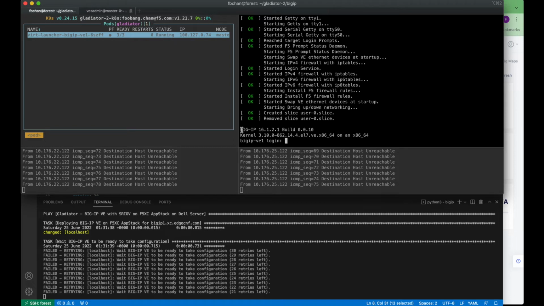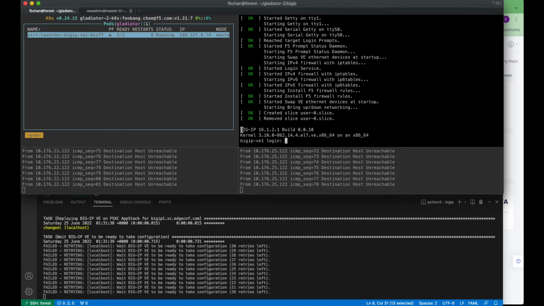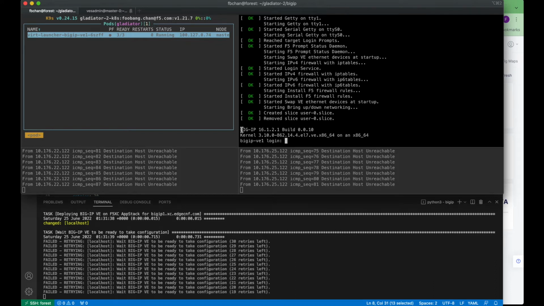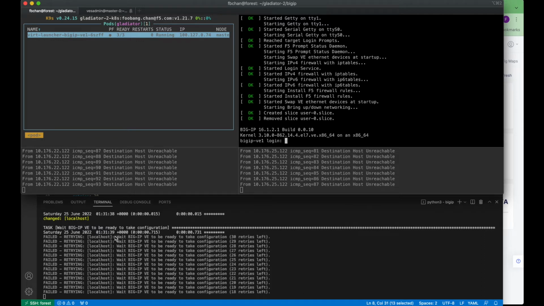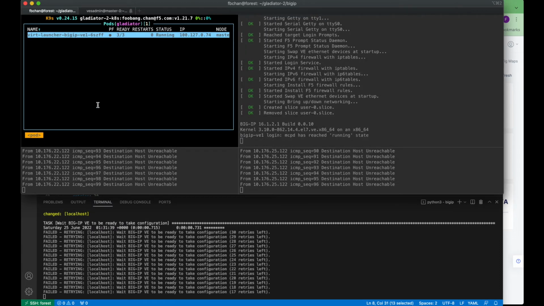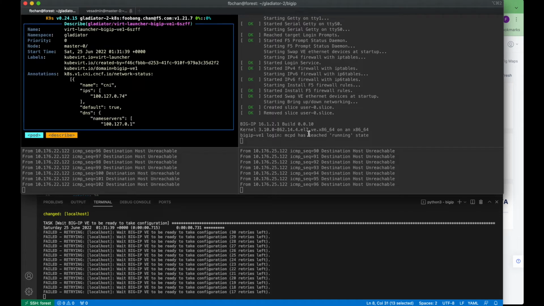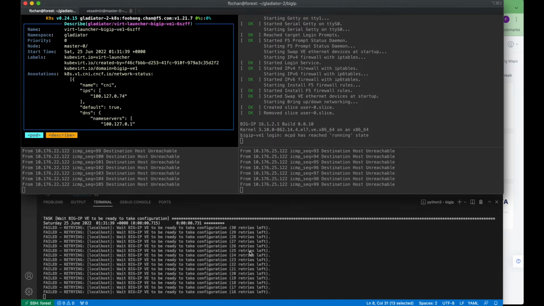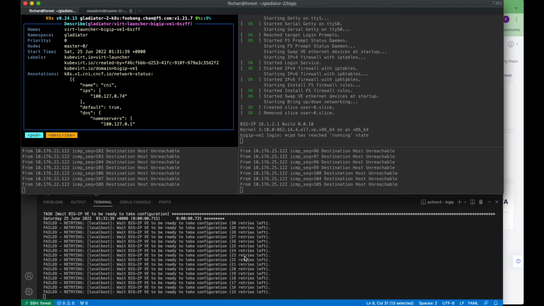So what happens here is that the script will actually monitor to make sure that the Big IP, the MCPD, and everything is actually ready to be configured. Hence you can see that it's constantly checking, waiting for the Big IP VE to be ready to take any configurations. While waiting for this, I can show you that if I run a D here, this MCPD is actually starting to run. Probably later on, once the MCPD is running,